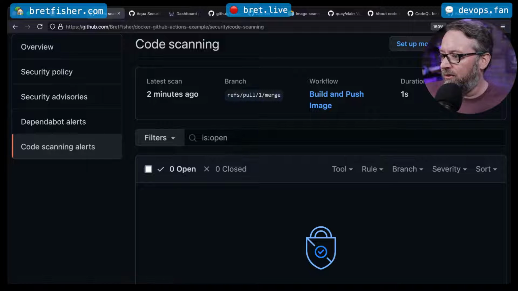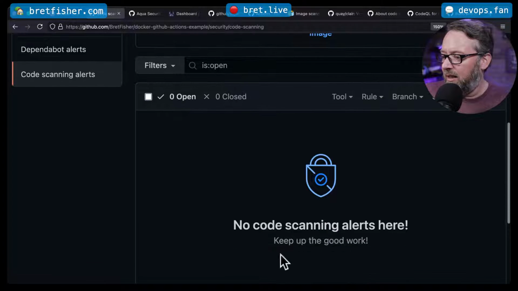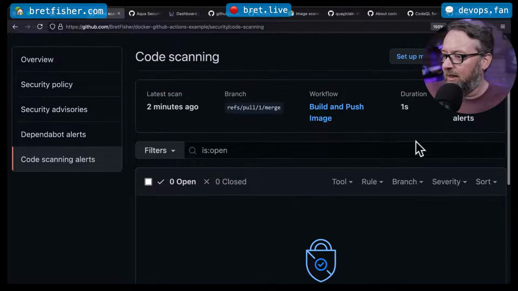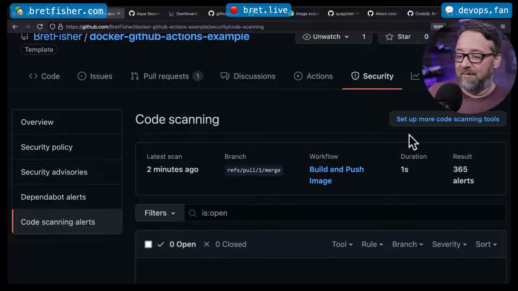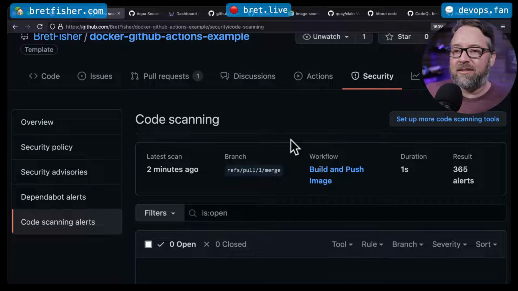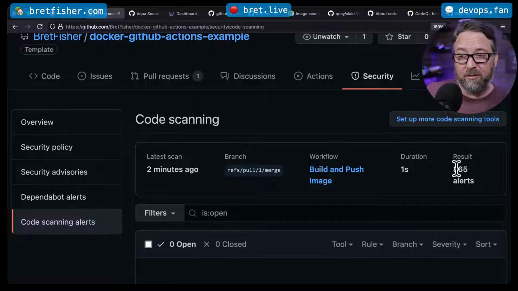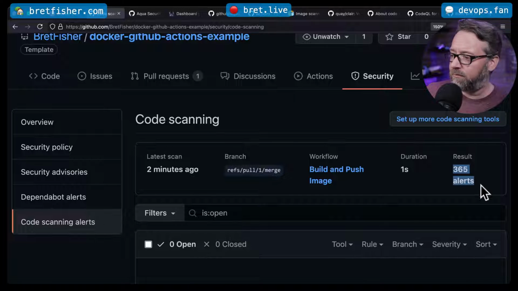We can see results: 365 alerts, but it's not throwing in those alerts here. So 365, crazy. That's a lot. And that's largely due to my choice of using the Ubuntu old image 1604, right? It's not because I added any source code in that Docker file. So if I want to get this down, let's see what happens if in this same PR, I'm